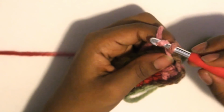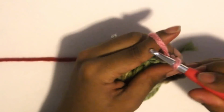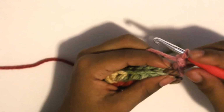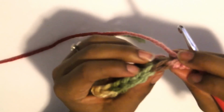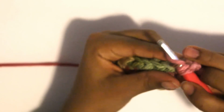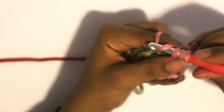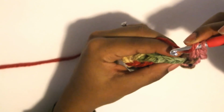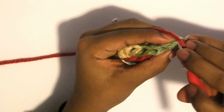Gonna turn again, and then we're going to chain 2. And we're gonna work into that first stitch, the front loops only. Sorry for my non-focusing camera. Need to figure out what's going on with that. So we're gonna finish this row,